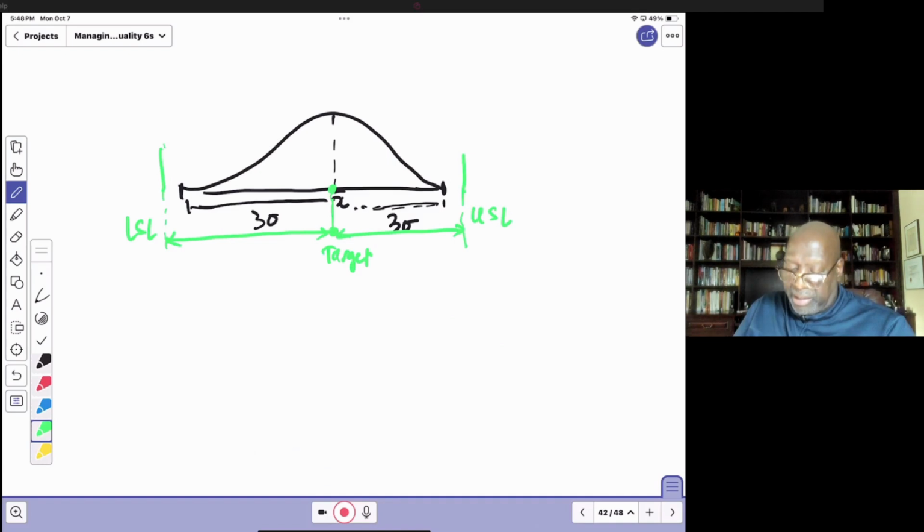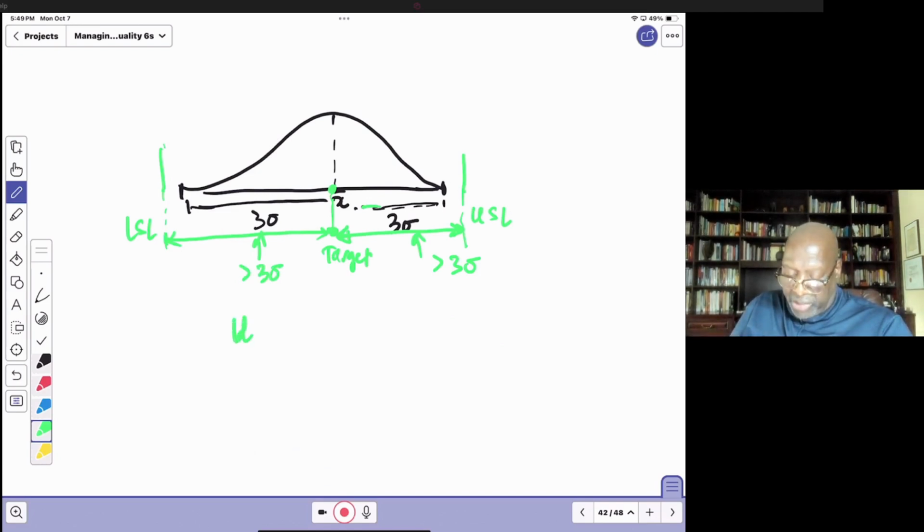So if you look at, let's just look at the upper level right here. You could see that this distance is larger than 3 sigma. This distance is greater than 3 standard deviations, which means that the process on the right side will certainly be able to handle the specifications, right? And then if we look on the left side, looking at the width of what we need to achieve, the range from the target, 3 sigma is smaller than that. So therefore that distance is actually also greater than 3 sigma,